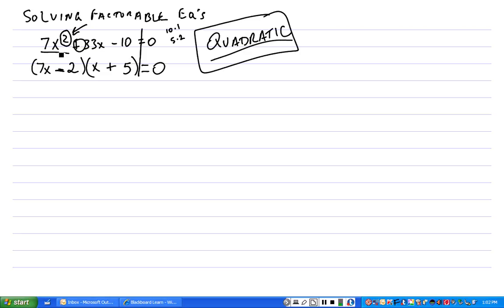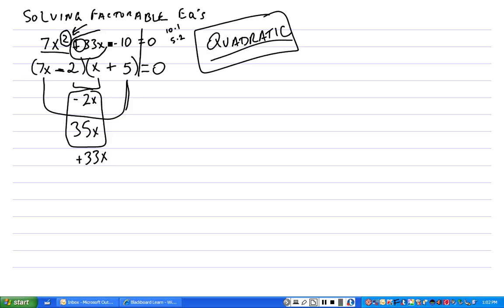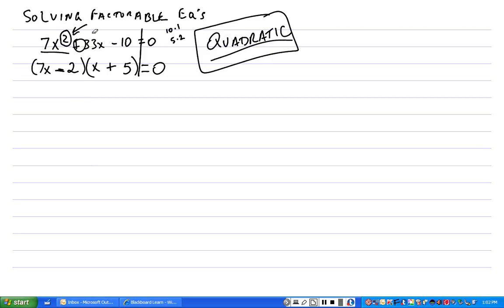So first and first is first, last and last is last. Outside gives me 35x. Inside gives me a negative 2x, and these combine to give you a positive 33x, which is what you want right there. Alright, so everything checks out. Just wanted to show that right quick as a quick review of what we learned when we were doing the factoring of trinomials. Okay, so now that I've factored,